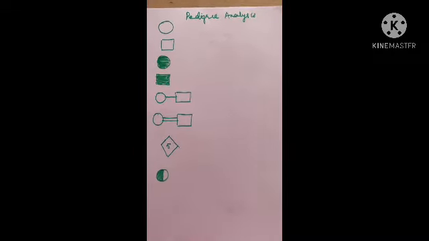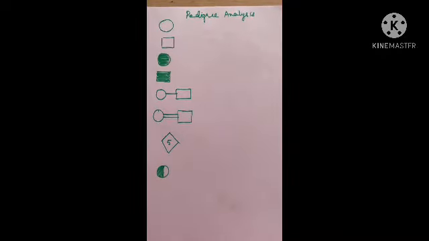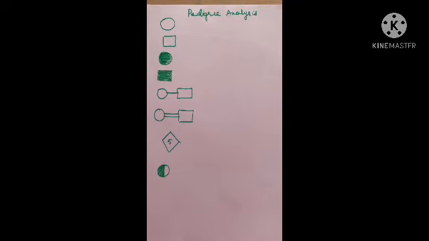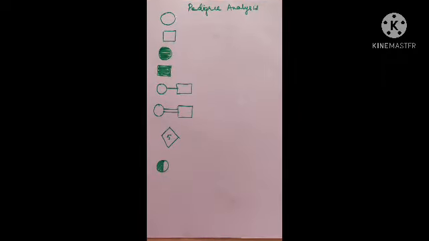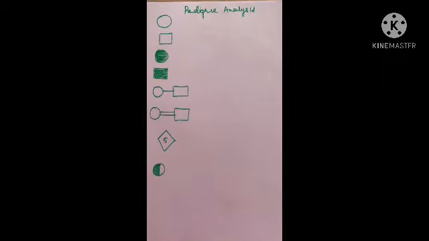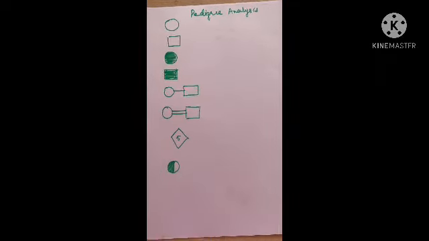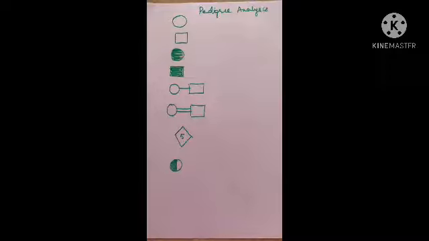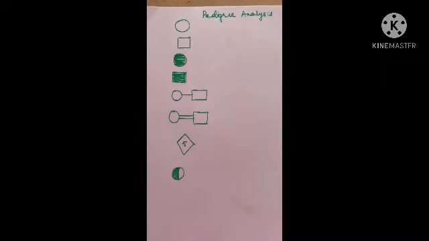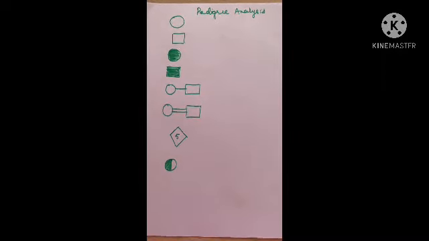Good morning, students. One of the specimen identifications we have is the pedigree analysis. Now the significance of pedigree, you know, is that it helps to identify the particular trait or disorder which runs in the family. If one is interested in finding the possibility of some kind of genetic defect that might be running in the family, one can go for pedigree analysis, which will be helpful in that.